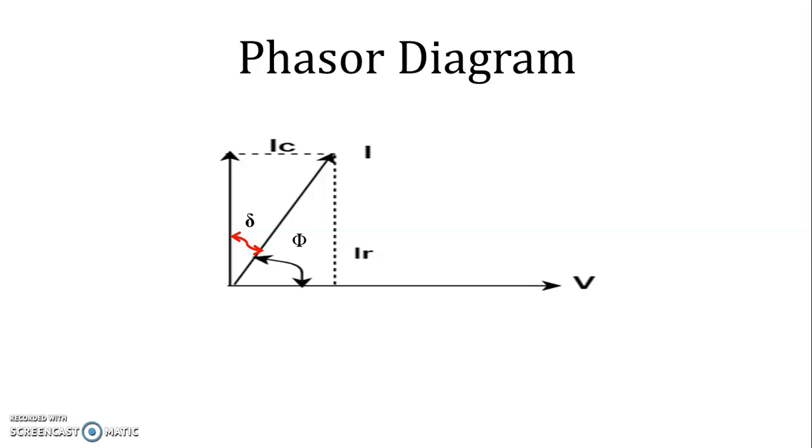So based on the dielectric loss angle, of the power which we are giving to the capacitive setup, a certain amount of power will be converted into loss, and that loss of power will be used to heat the non-metallic substance which we have set up in between the electrodes.